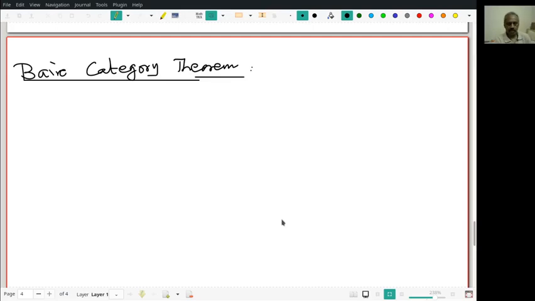The textbook will talk about a complete metric space is some category, I don't remember what it is, or some other book may say a complete metric space is a Baire space. If you learn Baire category theorem like this, you may not be in a position to apply. You may not even understand what is happening. So we are going to give two formulations which are very powerful, and that's the way Baire category theorem is applied anywhere in analysis and topology.